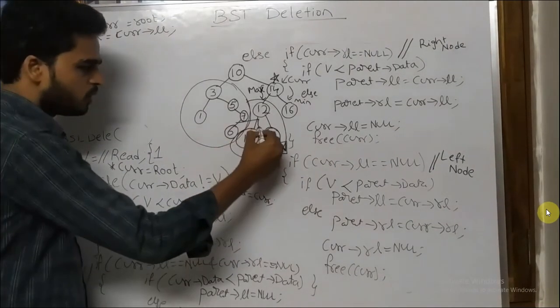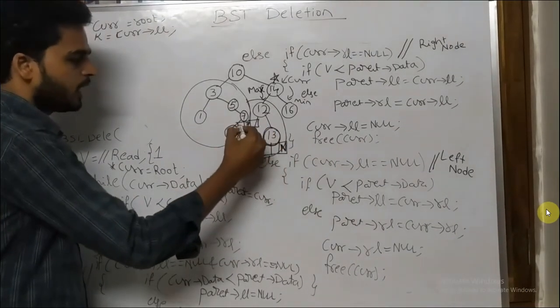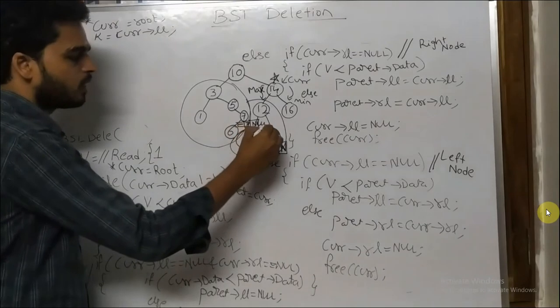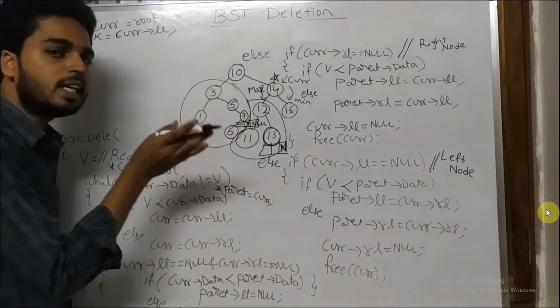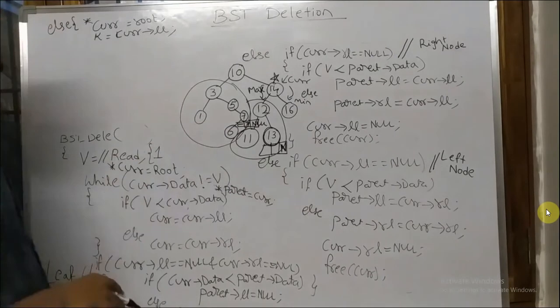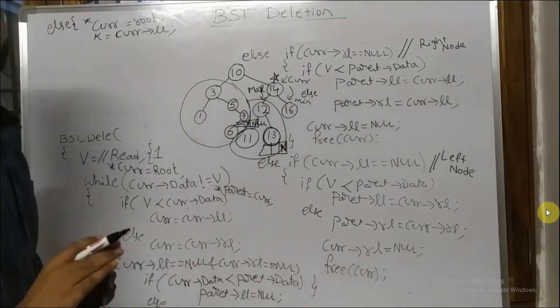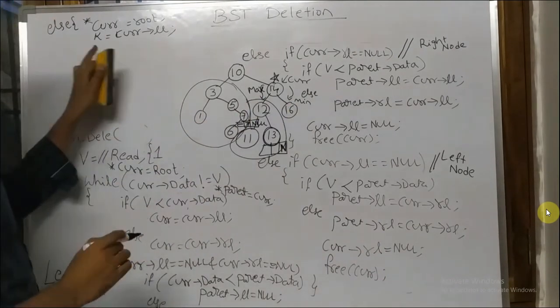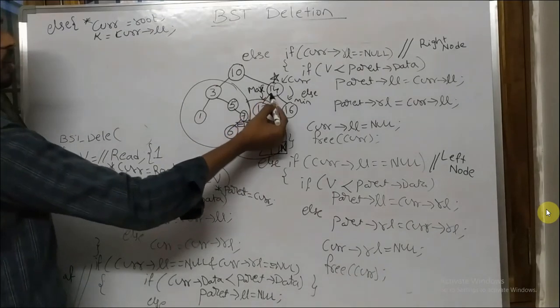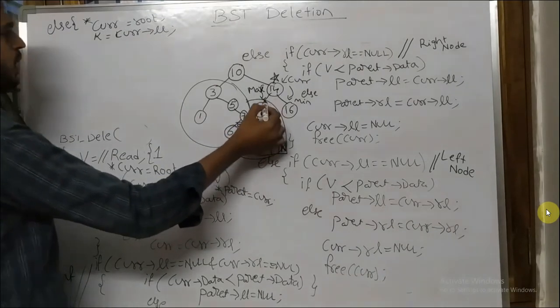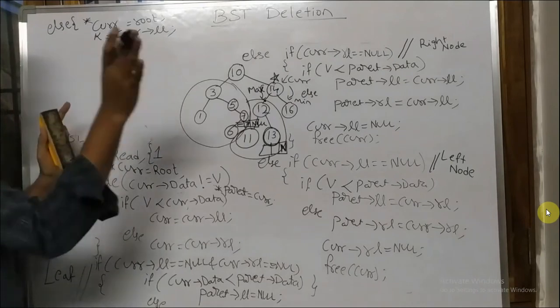Coming to this node, this is 7, right? Left link is some address, but right link is null. So you are going to traverse the left subtree until you encounter the right link as null. Then I can say that is the corresponding maximum node. So for that, I have come to the left link. I have reached the left side. In this one, I need to traverse completely to the right side.